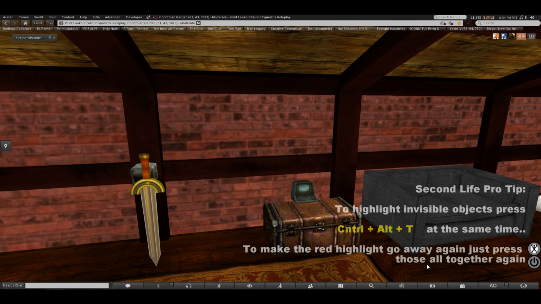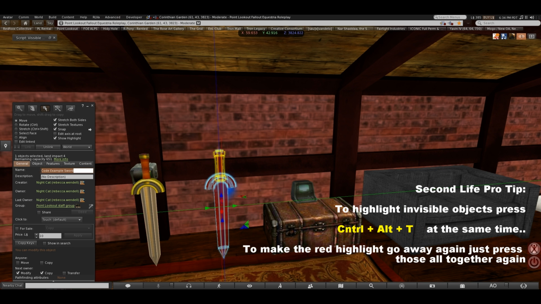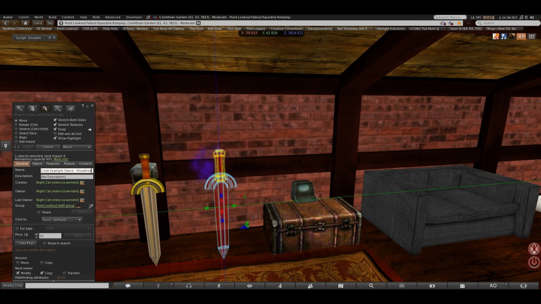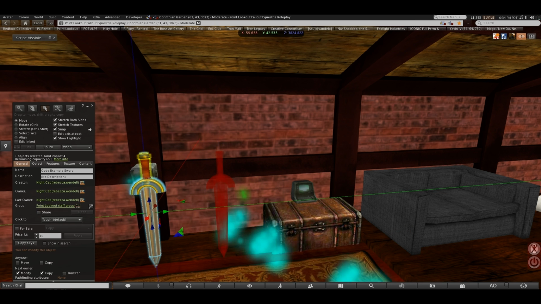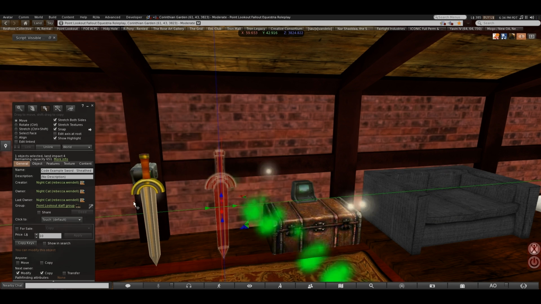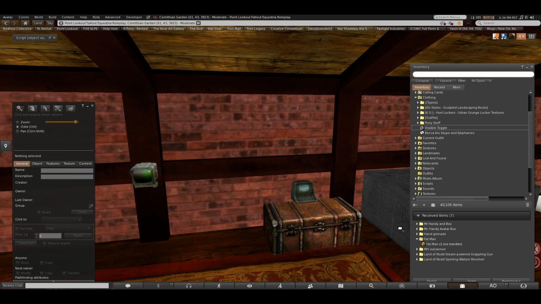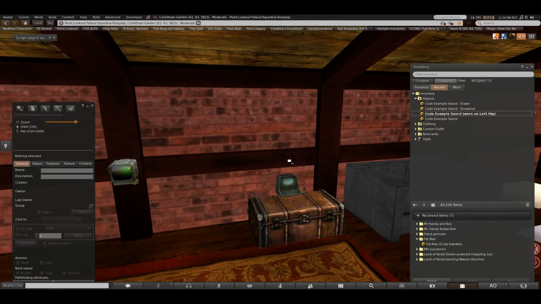In fact, here's a nice little trick with SL. You can highlight things that are invisible. Code example sword sheathed. Code example sword drawn. We're going to take those both, go to the recent objects,